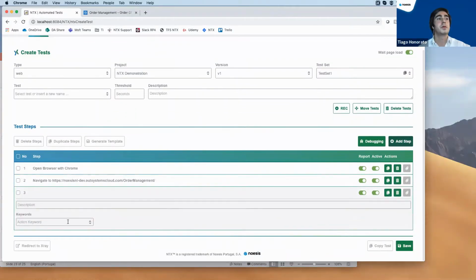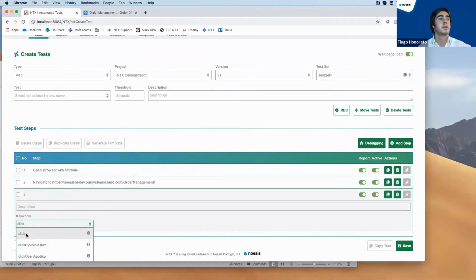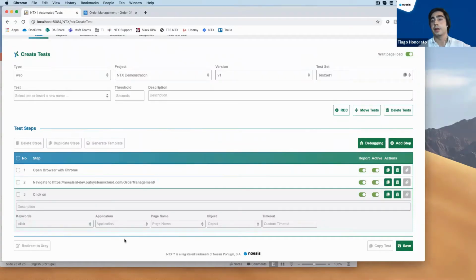Then the first thing to do now is to click on the sample users link. Okay. So when I hit click, you see here another hierarchy: application, page name, and object. Of course, I already identified the objects that I will need in these tests. However, I will show you how we can capture them and use them in our test.